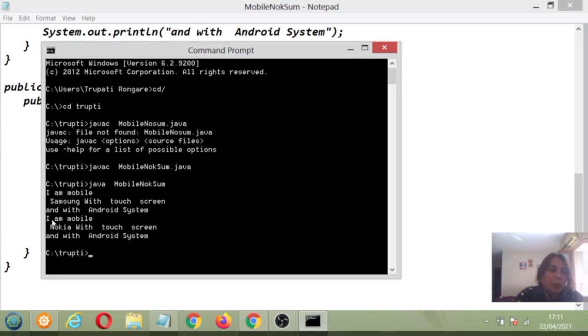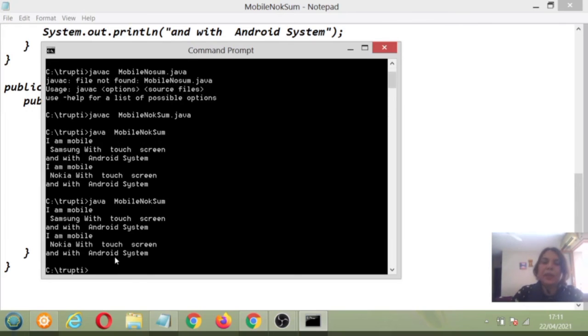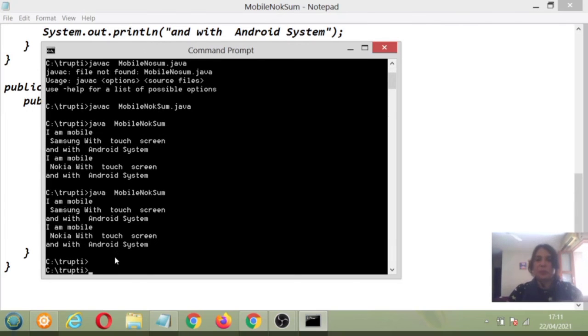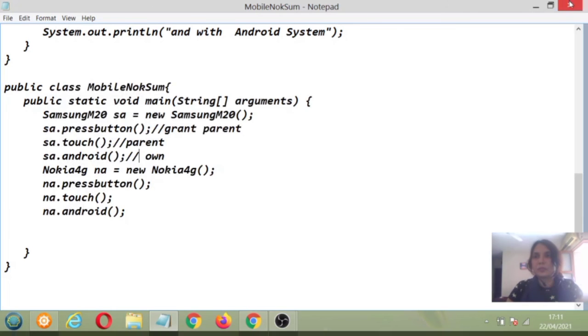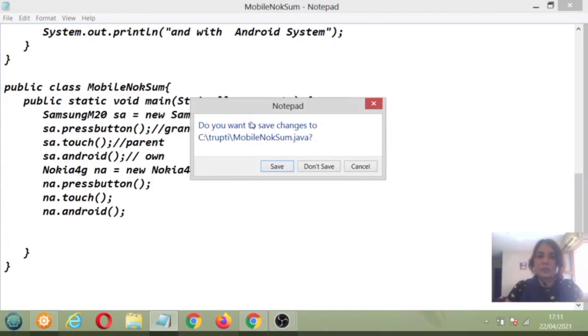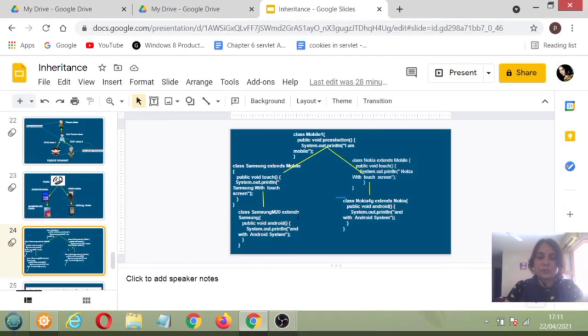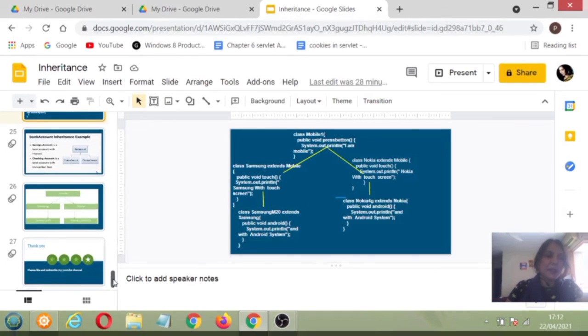And the second output I have got is I am a mobile Nokia with the touch screen and with the Android system. In this way the hybrid inheritance works.